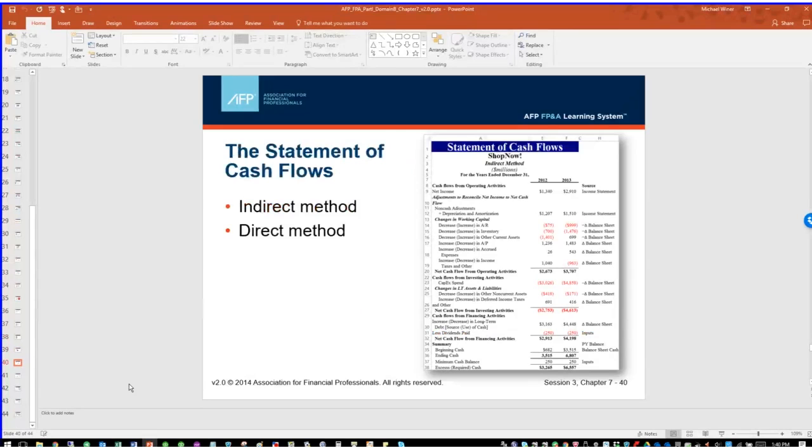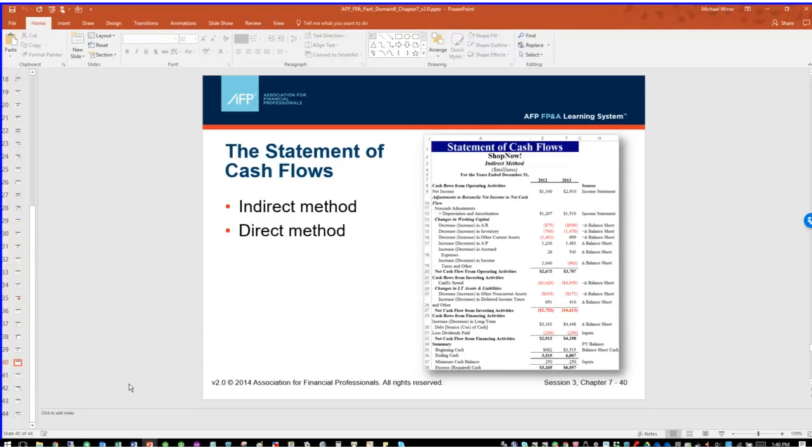Okay. So we'll go back to that slide, but this is what I actually want to show you. There are two methods for producing a statement of cash flows. GAAP is to use the indirect method, or at least it's the more commonly used. There is another type which is direct. What we're going to talk about next is we're going to review the indirect method. Again, that's the more common. It's the one that's used typically for GAAP.